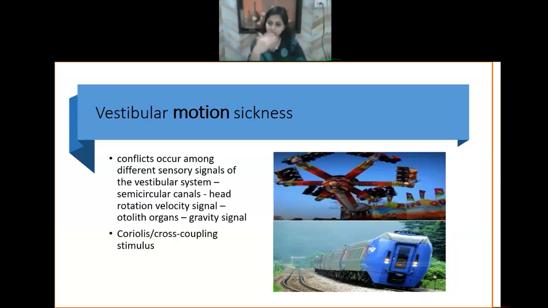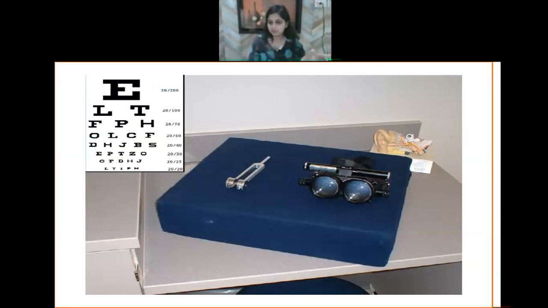There are many more for geriatrics. There are so many congenital defects which include vestibular involvement, but I am not going into detail with that. I'm just giving you the basic idea of where we can utilize vestibular rehab. So we have a little idea of where we can utilize it, and which equipment we need to test them.